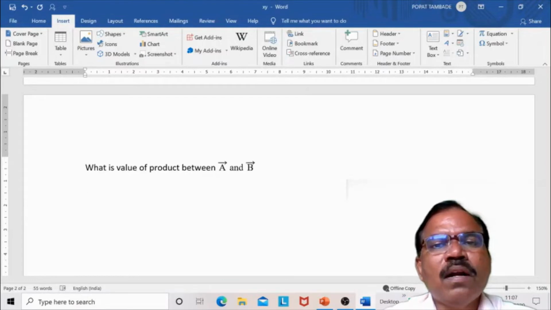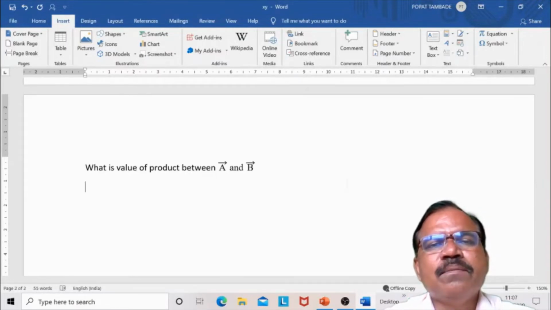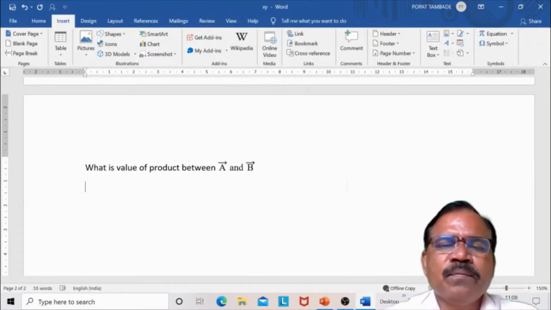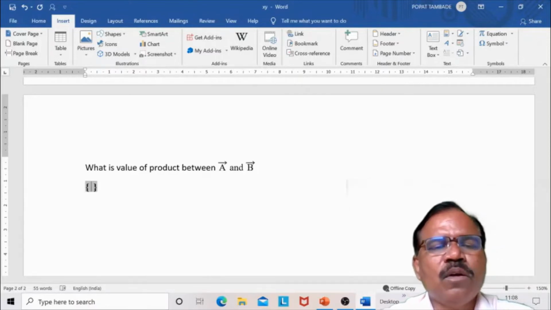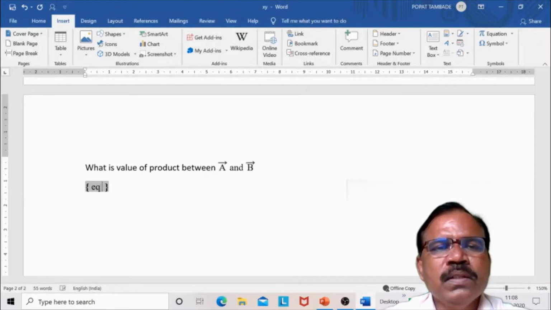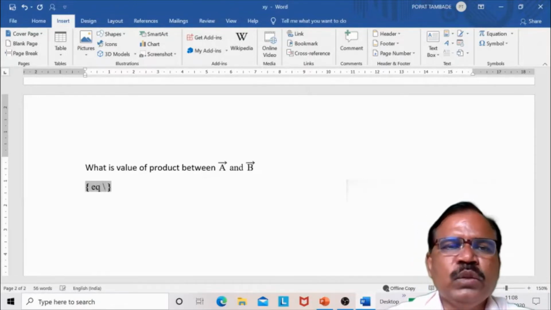For this we have one key, that is \O. Here we have to open a field. To open a field, we have to press Ctrl F9 on a desktop, and if you have a laptop, you can use Control function F9. Then you have to type EQ, then \O.